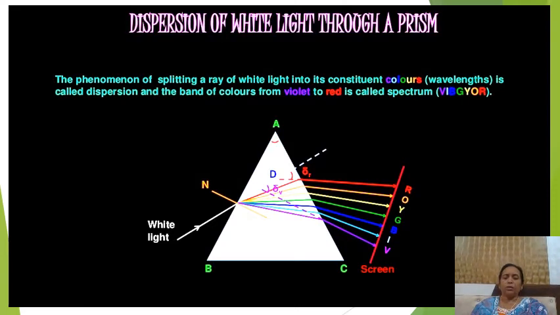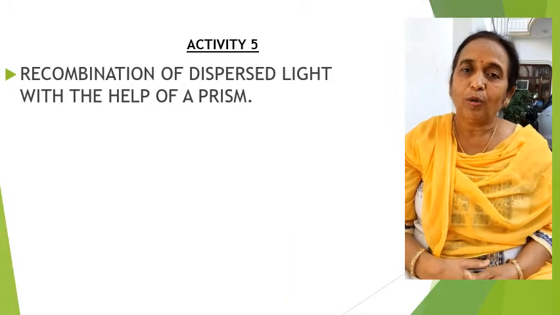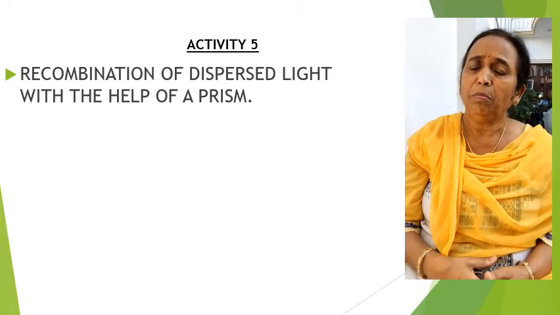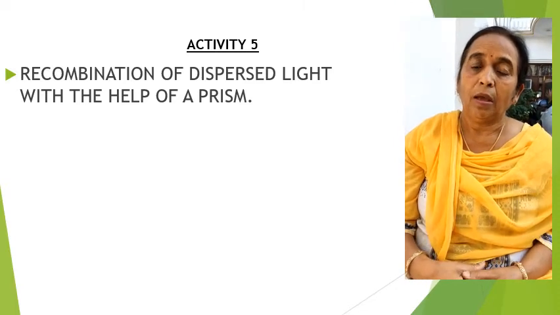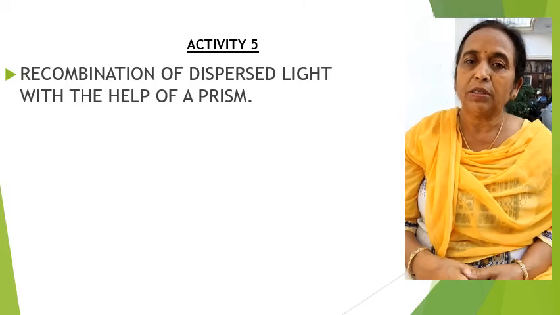Sir Isaac Newton was the first to use a glass prism to obtain the spectrum of sunlight. He then placed a second, identical prism in an inverted position with respect to the first prism and found a beam of white light emerging from the other side of the prism. So, sunlight is a polychromatic light because it is made up of millions of colors. But in short, we learn the 7 VIBGYOR colors in it.